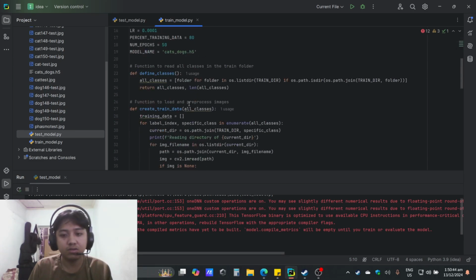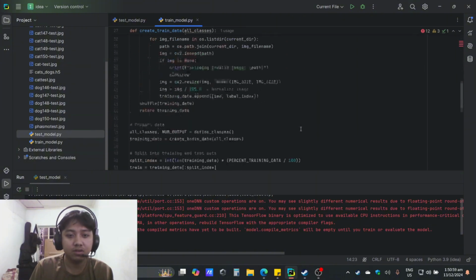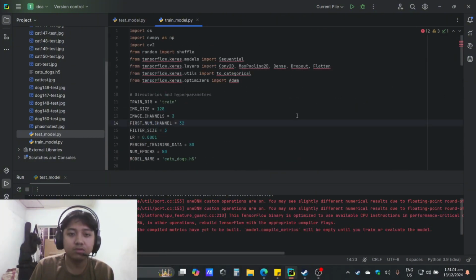The purpose of this project is to scan the pictures of a dog and a cat and to know the accuracy of this code.